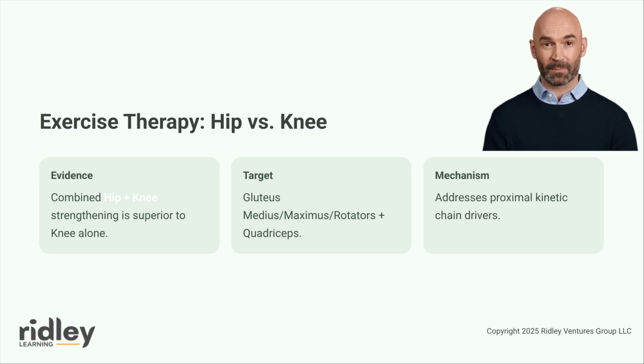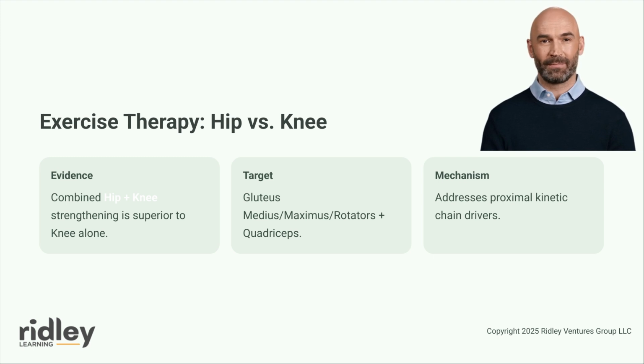than isolated quadriceps programs. The mechanistic rationale for combined strengthening relates to the kinetic chain contributions to patellofemoral loading discussed in Module 3. Hip weakness permits excessive femoral adduction and internal rotation during weight-bearing, increasing lateral patellofemoral contact pressure. Quadriceps weakness reduces the capacity to control knee flexion during loading and may alter patellar tracking. Addressing both proximal and local deficits provides comprehensive treatment of the mechanical factors contributing to symptoms. Clinically, this evidence supports routine inclusion of hip strengthening within patellofemoral pain rehabilitation programs rather than exclusive focus on the